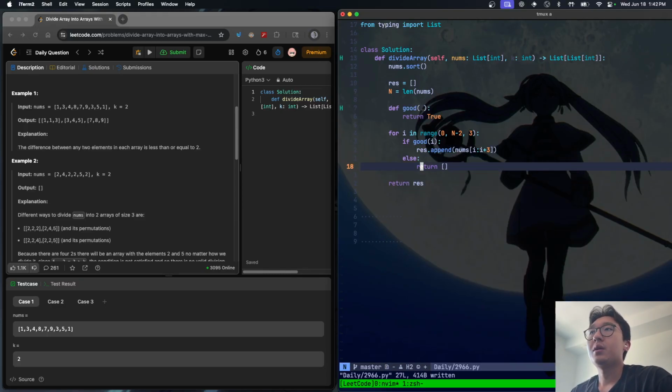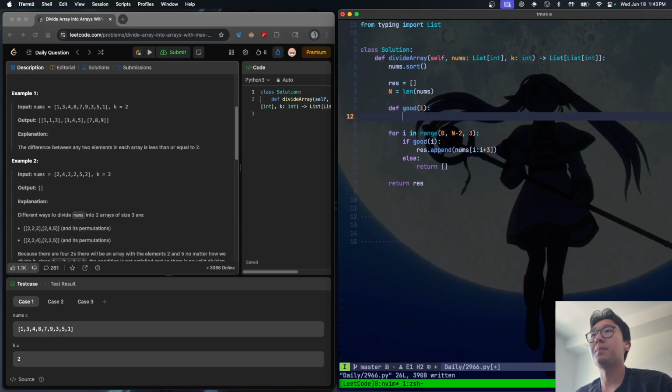We sort the array. We check if it's a good triplet. If it is a good triplet, we're going to add that triplet to the result. Else, if it's not good, then we can just stop and return an empty list. At the end, once we're done processing all the numbers in the array, we can just return the result. And then for the good function, it's going to be